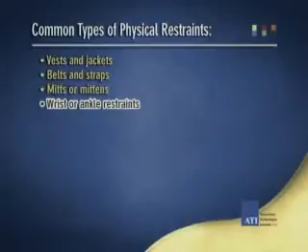A wrist or ankle restraint is a padded strap that wraps around the wrist or ankle and is tied to the frame of the bed or chair to restrict movement of that particular limb. The nursing care plan for restraining a client must be specific and must include all legal requirements and an outline